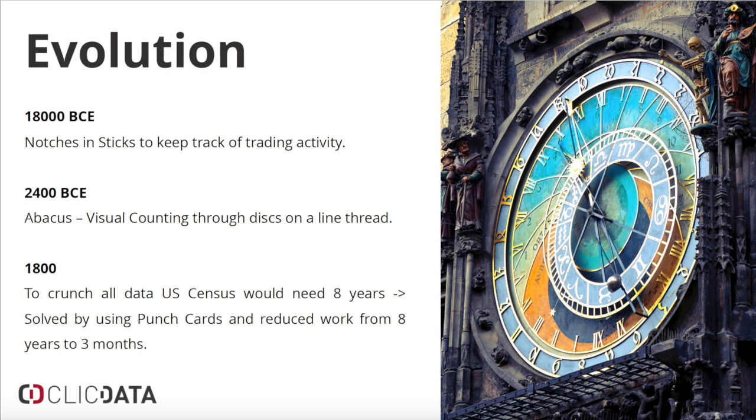A young engineer working at the US Census named Herman Hollerith developed an electromagnetic tabulating machine which used punch cards. Using this machine, the work was reduced from 8 years to 3 months. He formed a company right after that, which later joined with 4 other companies to eventually be called IBM. So this is a very brief evolution of how data analysis has gone from notches in the stick